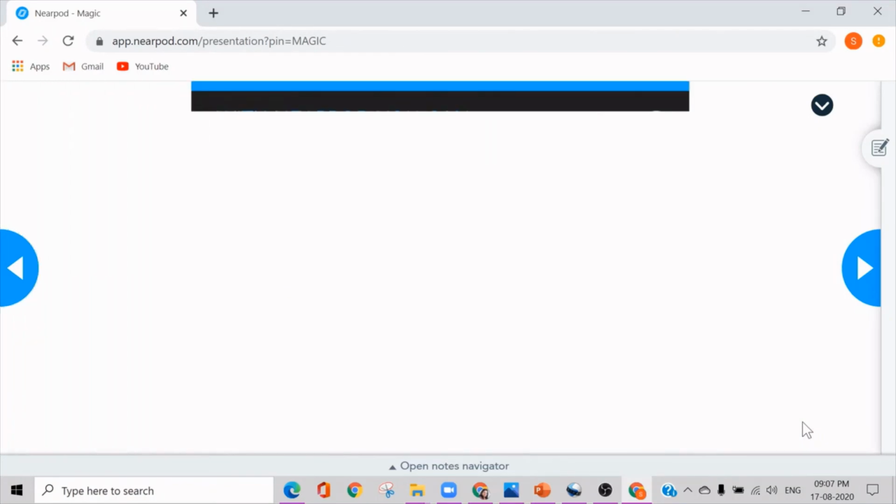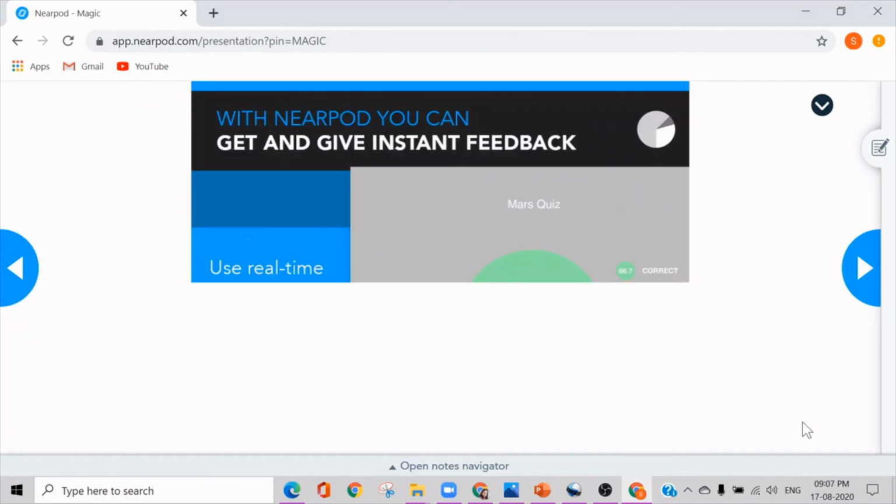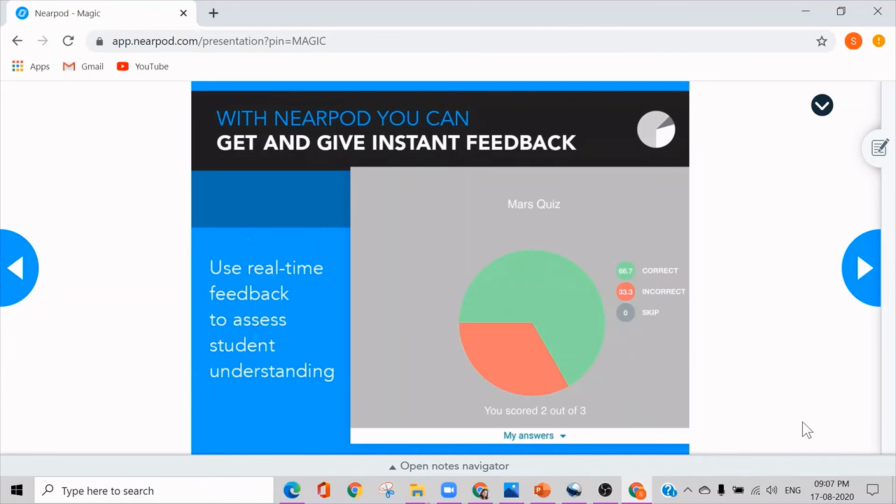I don't know whether the answers are right or wrong. Let me see. So here, this is my score. I got 2 out of 3 because one answer was wrong, incorrect, and the real-time feedback helps to assess the student understanding and give instant feedback to the student.